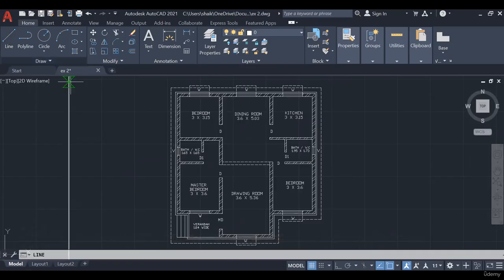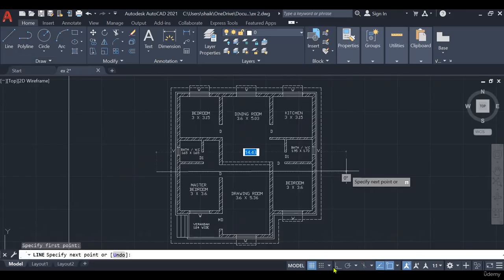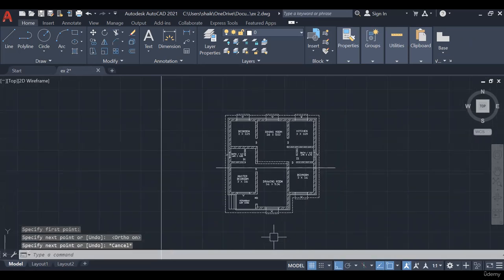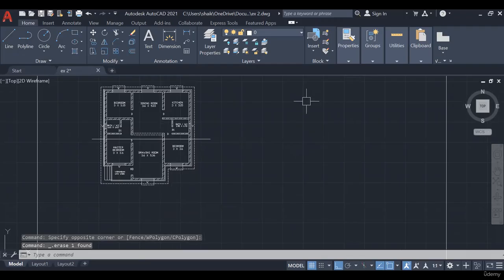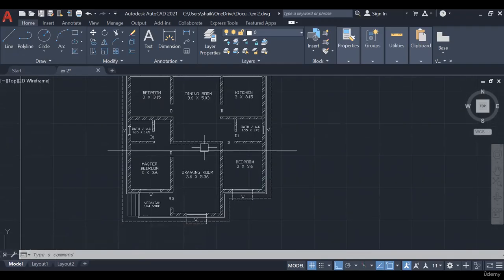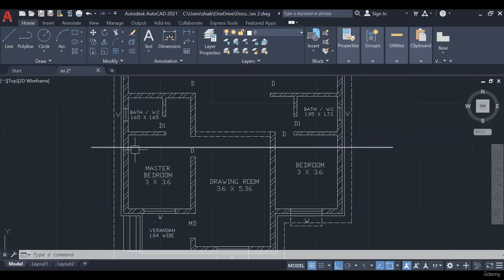Next, I just show the one section line which is passing through the maximum components. You can draw a horizontal section line also, or you can draw a vertical section line also, like this also. So there is no specific rule. We need to draw here only, anywhere you can draw that one, but it should cover the maximum components. Here you can see this one, it is covered a wall. Here it is covered a door also. Here it is covered a wall, and here it is covered a wall. Okay, so maximum, so that the door also will come in this section, so that